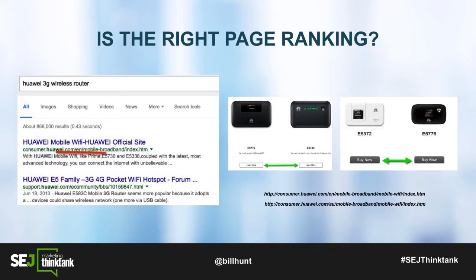Now, the global English page, the first picture to the right, shows that we can only learn about the product because it's global, there's pricing issues, there's availability issues. However, on the Australia page, for the very same product but specific to Australia, I can buy now. And so if this is your case, your tools might be telling you you're ranking, but is it the Australia page? Is it the France page? Is it the UK page? And this is specifically problematic in languages that are duplicated around the world. So English, Spanish, German, French are the biggest problems with this.